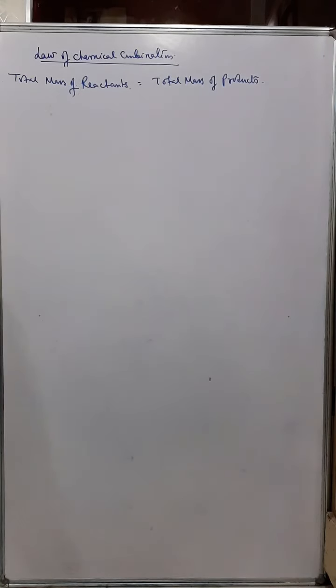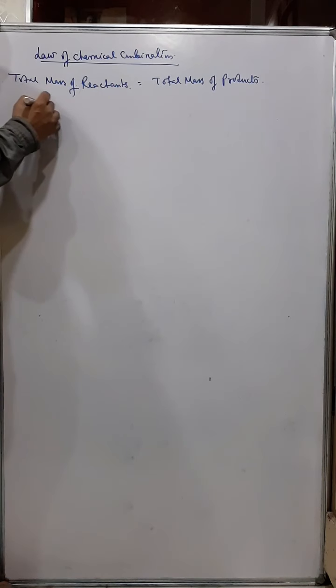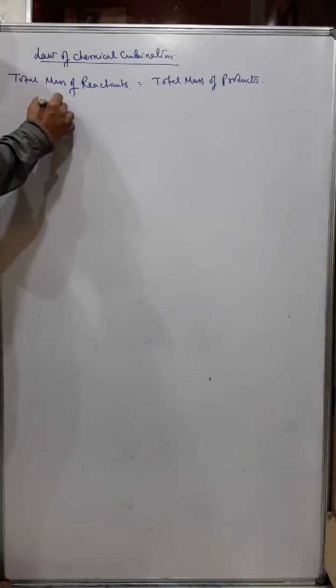Okay, now this is the law of chemical combination. This also you may have done in class 8. The total mass of reactants is always equal to the total mass of the products. So for example, if I take say